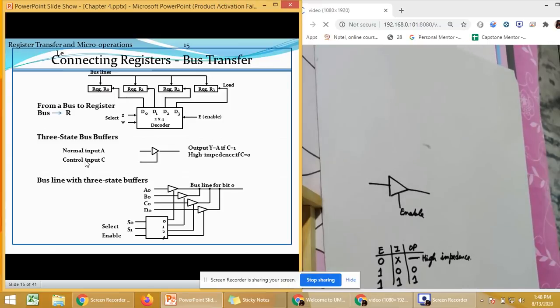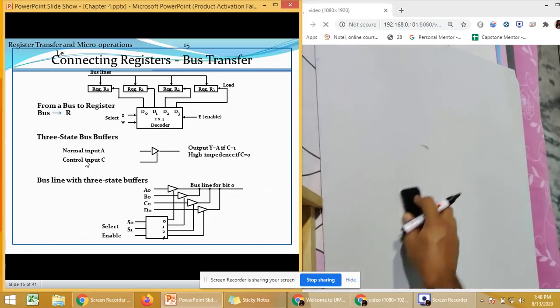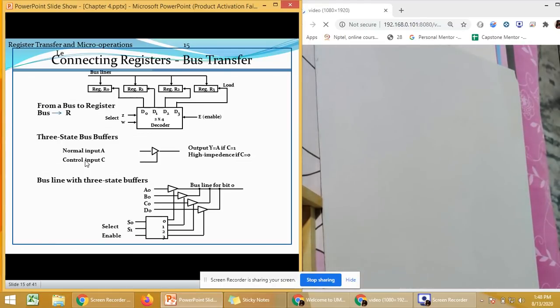Now let us see how this is going to work in a bus system. If you remember, I'm just going to construct a single register in this. Firstly, if there are 4 bits, what is our first priority? If we want to read anything, we should be able to read the complete register A. This is another register B. So in the bus system, we should be able to read this entire register.